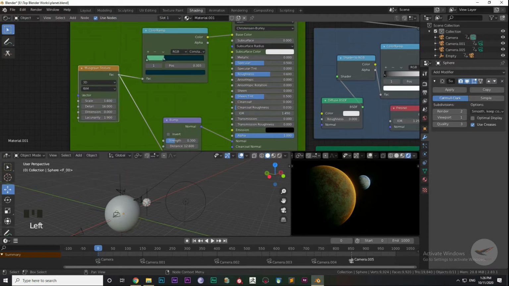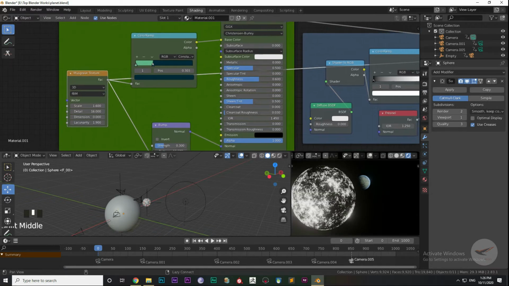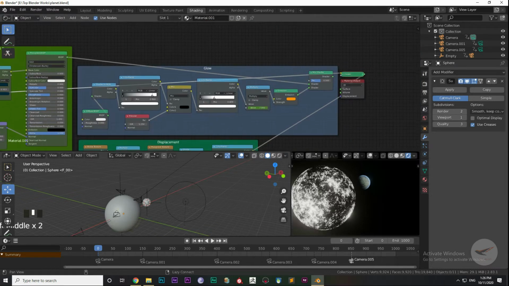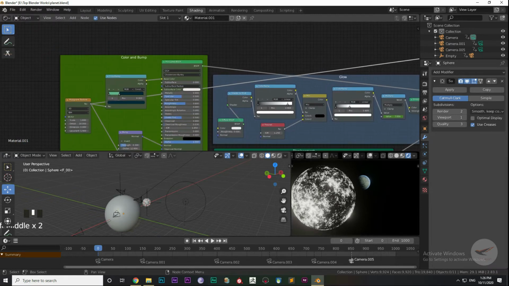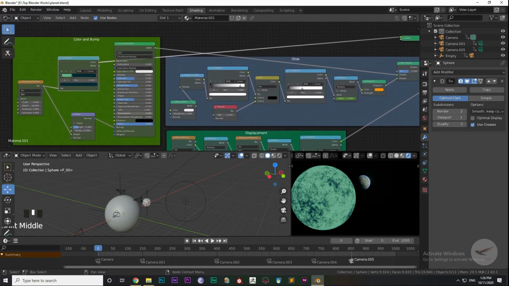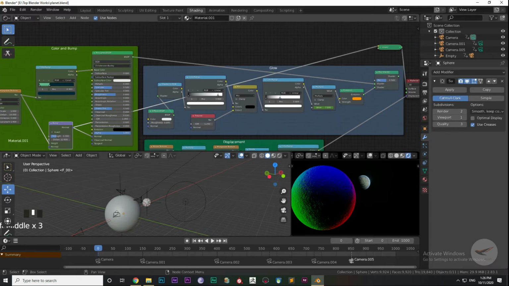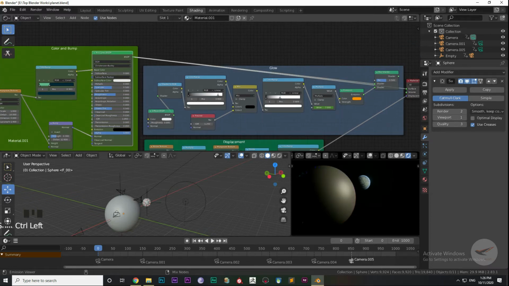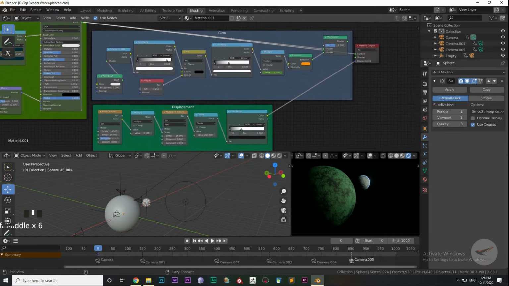Now as you can see, when I Control Shift click the node, the shader actually, then it is viewed in the render view. This is a viewer and it is viewed in the render view, right? So in the color and bump group, we have a Musgrave texture, a color ramp texture, a bump texture, and a Principled BSDF shader. So now I am viewing the bump shader, so it is visible in the render view, and then the Principled BSDF shader, and it will also be visible. And yeah, it looks kind of planetish right now, but more details will be added soon.